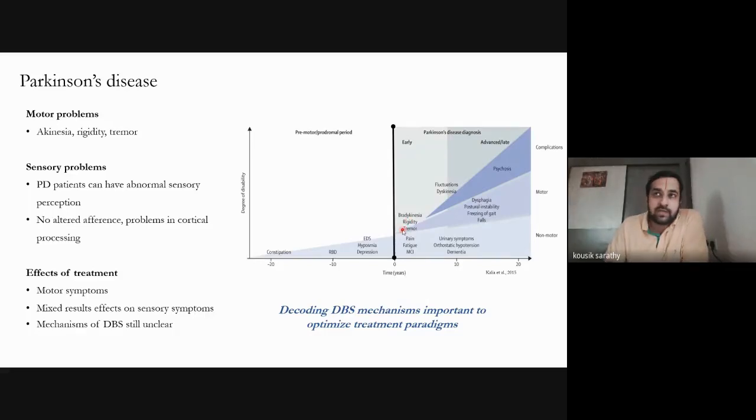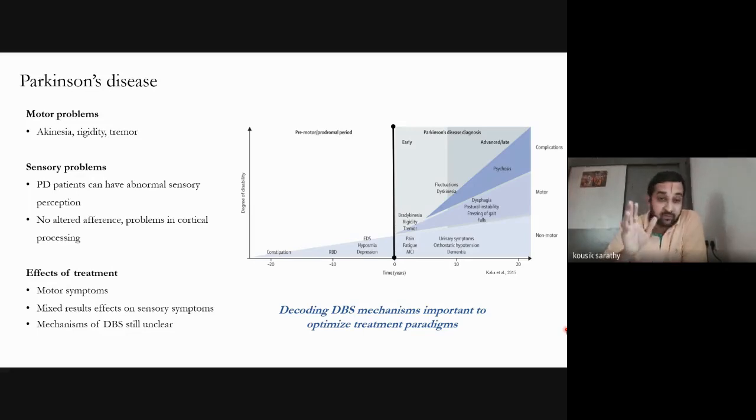Yeah. So diagnosis of PD can be a bit tricky sometimes. It is typically done by what is called a drug challenge test. Patients are given a dopaminergic medication, levodopa, and then they see how the response to the medication is. If they respond positively to the medication, that is, if the symptoms subside, then there's a very high chance they have PD. This is the clinical drug challenge test that they do.